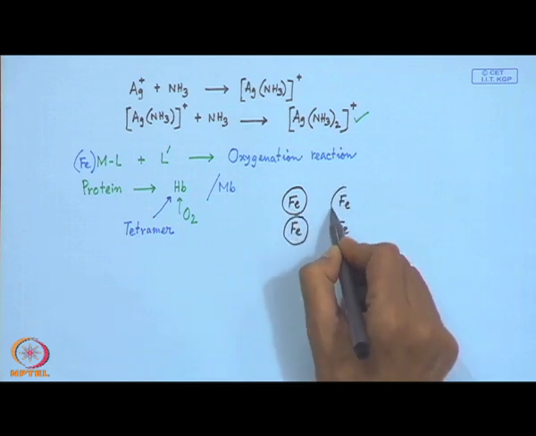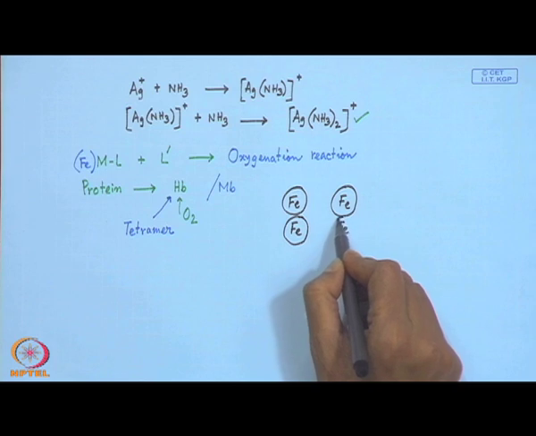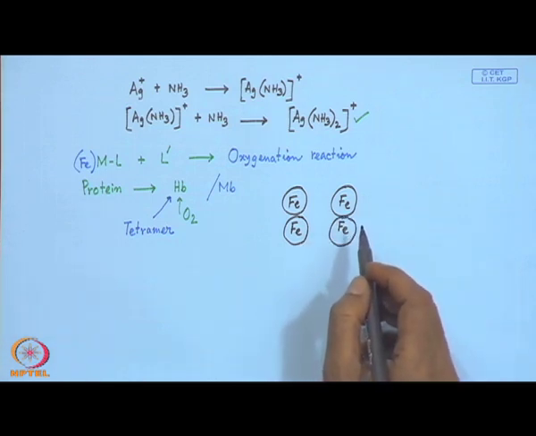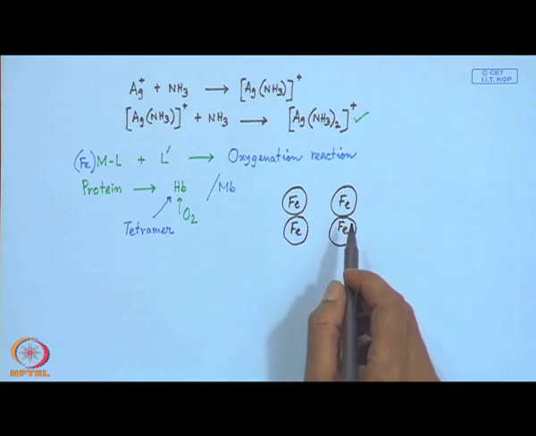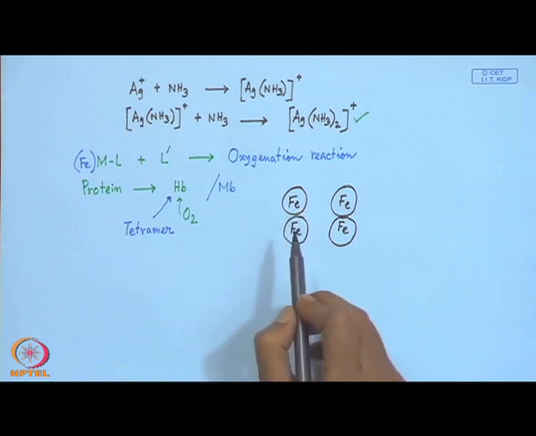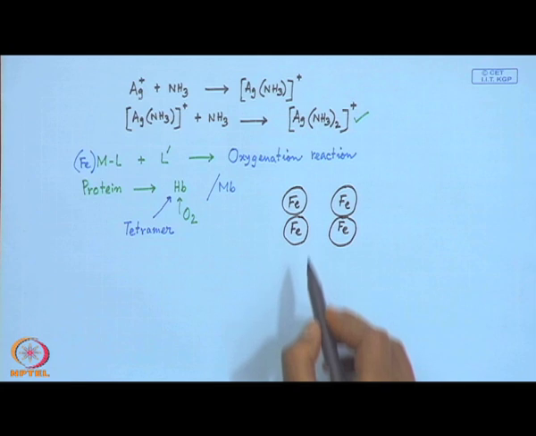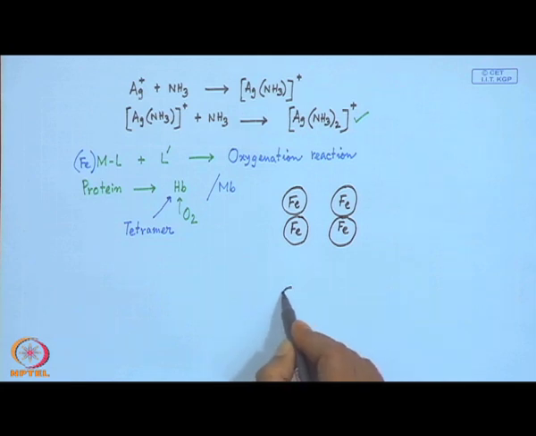So, it has some quaternary structure. The quaternary protein structure of hemoglobin tells us that it has 4 iron centers, and all those 4 iron centers can be utilized for binding of